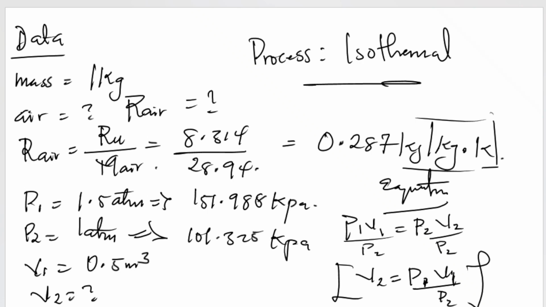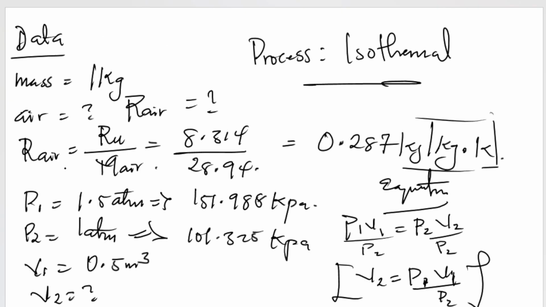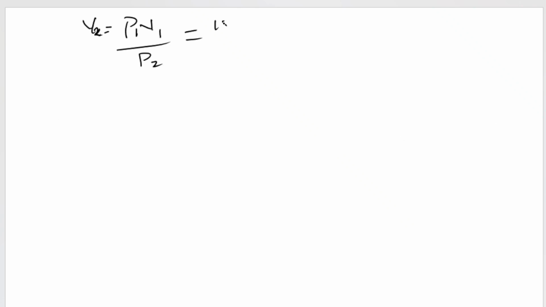So if we use that equation, we simply have that V2 will be equal to P1 V1 divided by P2. Now let's input the values here. What's the value for P1? We had that the value for P1 was 151.988. So here we have